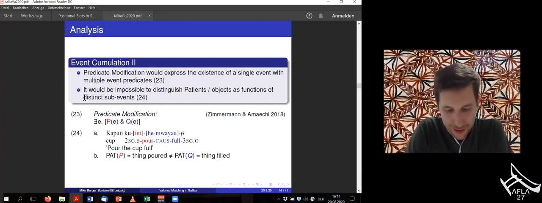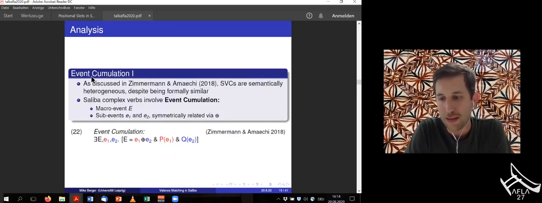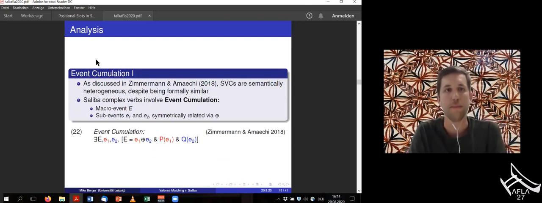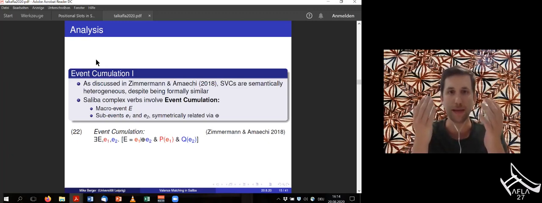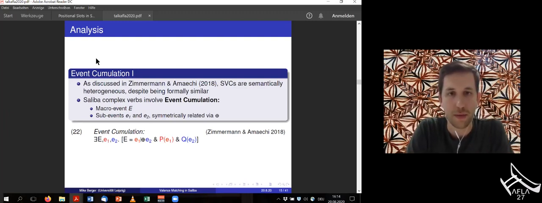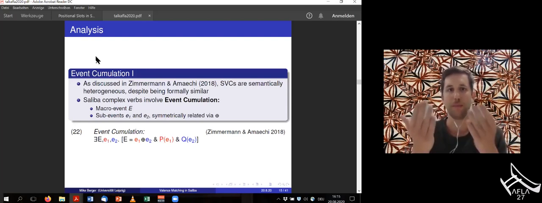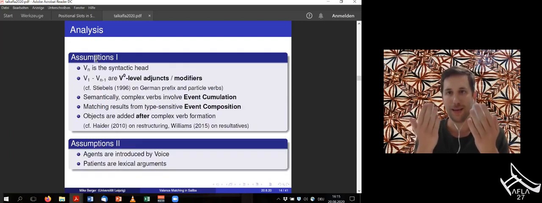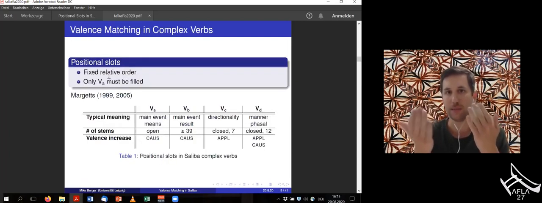I have a comment on event cumulation as well, because it's also discussed in the Zimmermann and Amechi work, is that under event cumulation, you would expect them to be symmetric, right? Because you don't have an ordering relation between them. But as far as you presented the data on Saliba, you have fixed slots, and these slots tell you something about the symmetry or asymmetry of the